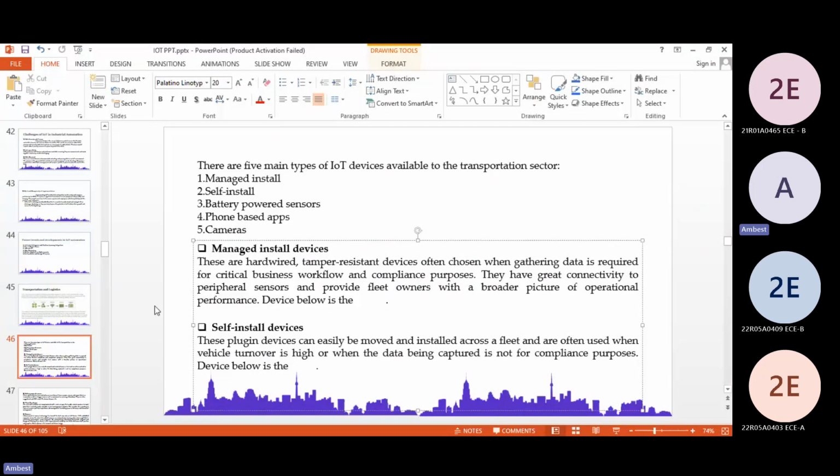So the five main types of IoT devices for the transportation sector are managed install, self-install, battery-powered sensors, phone-based apps, and cameras. Coming to the managed install devices, these are hardware and